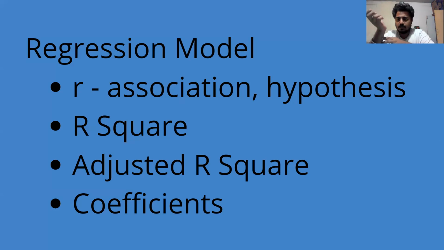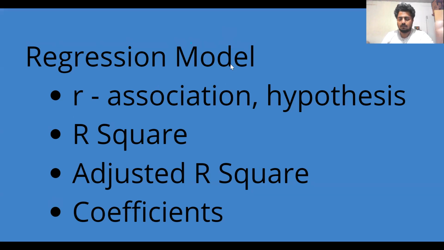And the value of R square is a measure of the percentage contribution of the independent variable towards the dependent variable. As I said here, the independent variable is the net hourly wage, right? So R square gives a percentage of how much the net hourly wage contributes to the Big Mac price in that particular country. And adjusted R square is also another validation that we use. And then the coefficients table gives us the regression formula, which is the Y predicted, the actual mathematical formula that we write.